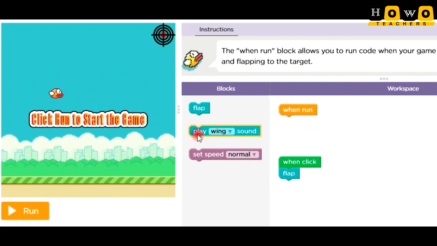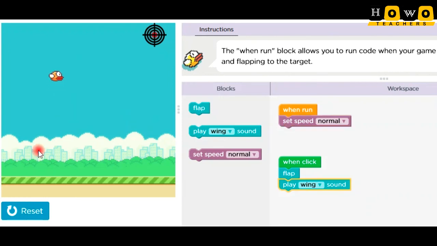So when clicked, I'm adding the play sound again, and when running, the speed should be normal. With the normal speed, it should not touch the black lines. Neither the line nor the ground should be touched. Then only my game will be better.